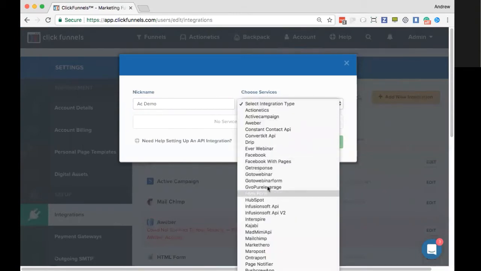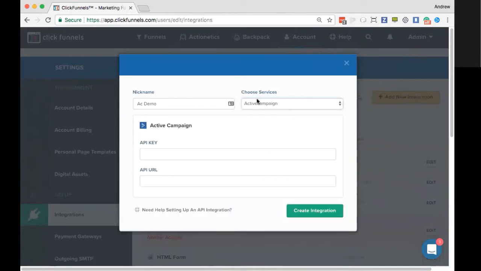And then underneath your services, just simply click ActiveCampaign. Now here is where you're going to paste the URL for those two pieces of information that you're going to get from ActiveCampaign. You're going to need to place the API key here and then the API URL here. This is going to allow ClickFunnels to retrieve all your lists, everything from ActiveCampaign. It's going to let ActiveCampaign and ClickFunnels talk to each other. Then simply click the Create Your Integration.